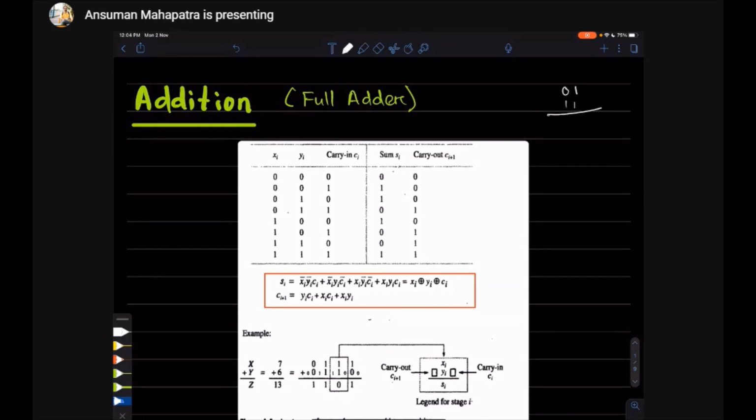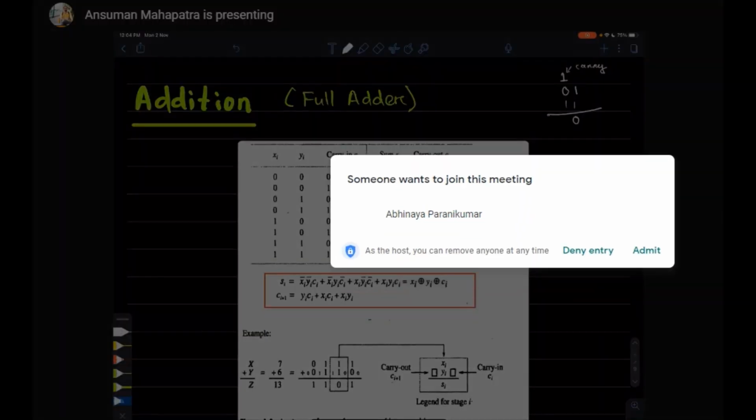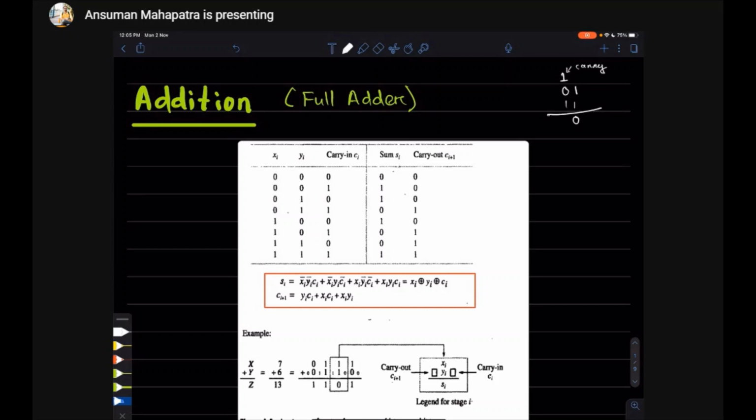Whenever we add, 1 plus 1 is 0 and carry is 1. This one is your carry from the previous addition. The carry from the previous addition is carried to the next step, and then we have to do the 1 0 and 1 addition. Then 1 0 and 1 addition is 0 with carry 1. So this is also your carry.